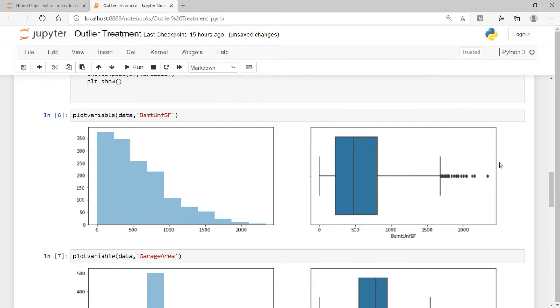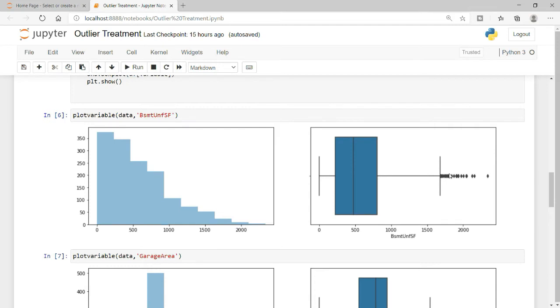And similarly, if you check the box plot, this is the best thing if you want to analyze outliers. This middle dark black line is your median, and these are your 25th percentile, and at this side you have your 75th percentile. And this bar you see here is called the whiskers, and basically anything going beyond this whisker is your outlier.